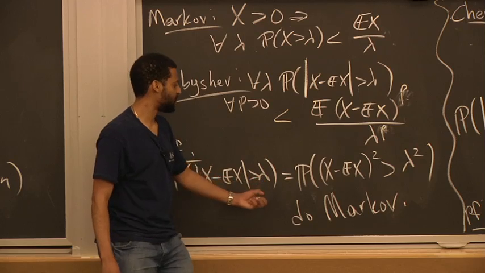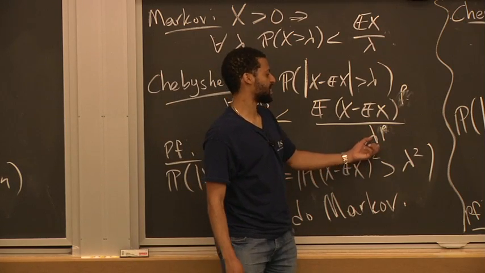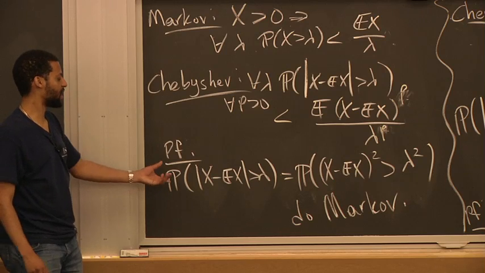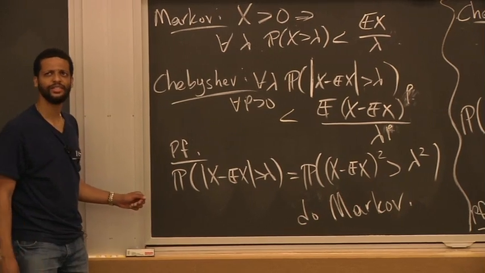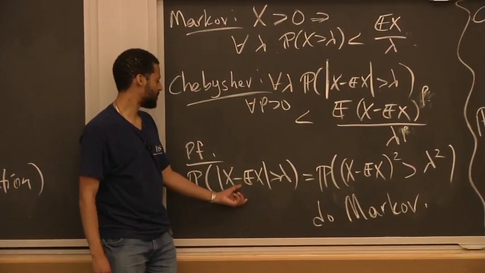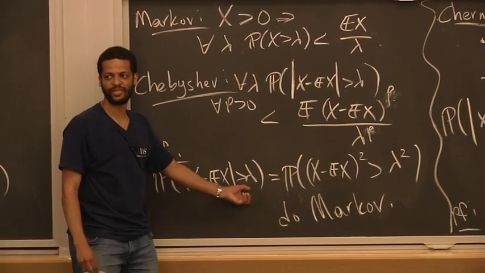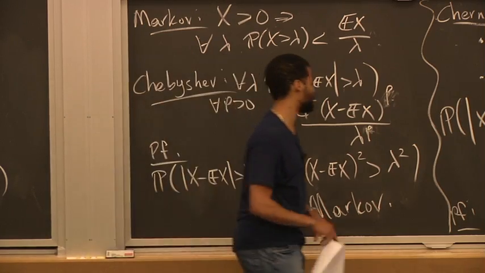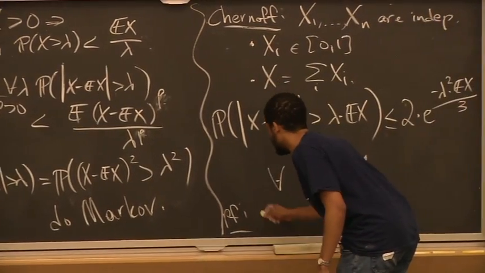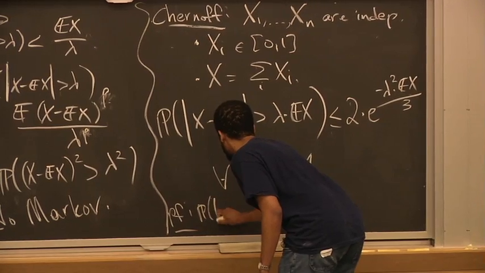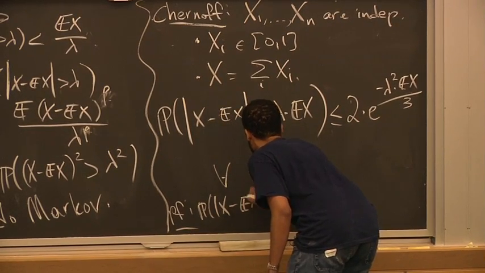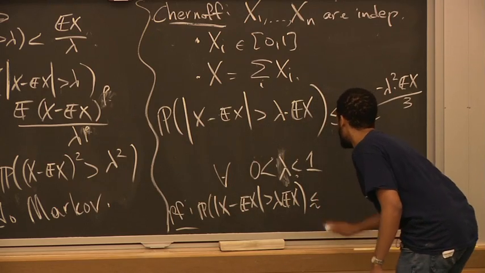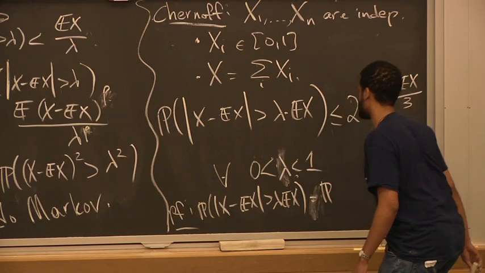This is bigger than that if and only if this to the second power is bigger than that to the second power, or to the pth power. I can apply whatever function I want here, as long as the function is increasing. It should just be the case that f of this is bigger than f of that if and only if this is bigger than that. So the f that I'm going to use is going to be some particular f. So the probability that x minus expectation of x is bigger than lambda expectation of x is equal to the probability that,